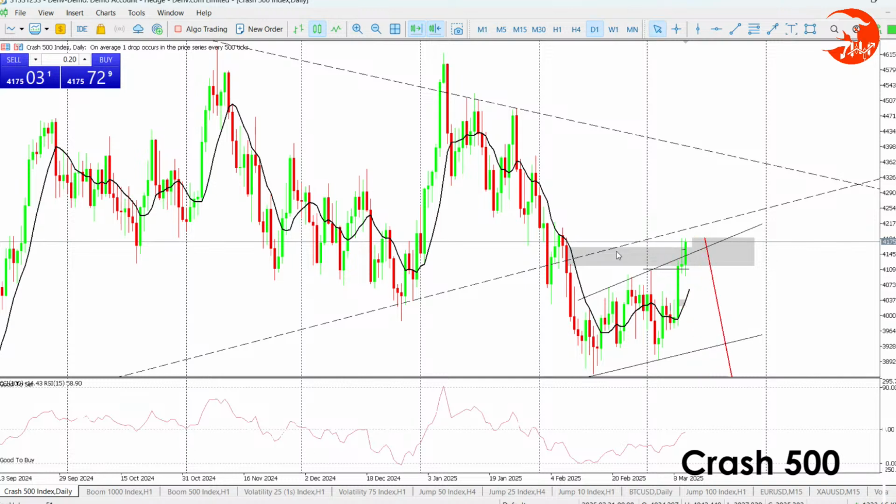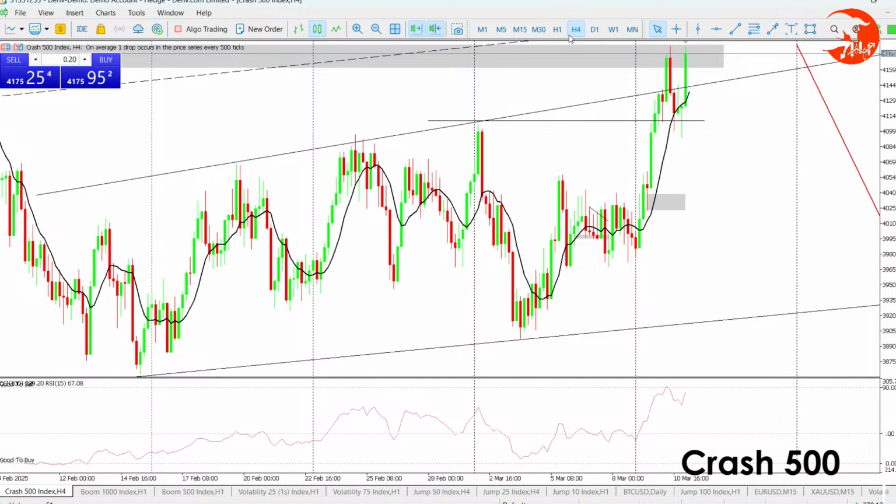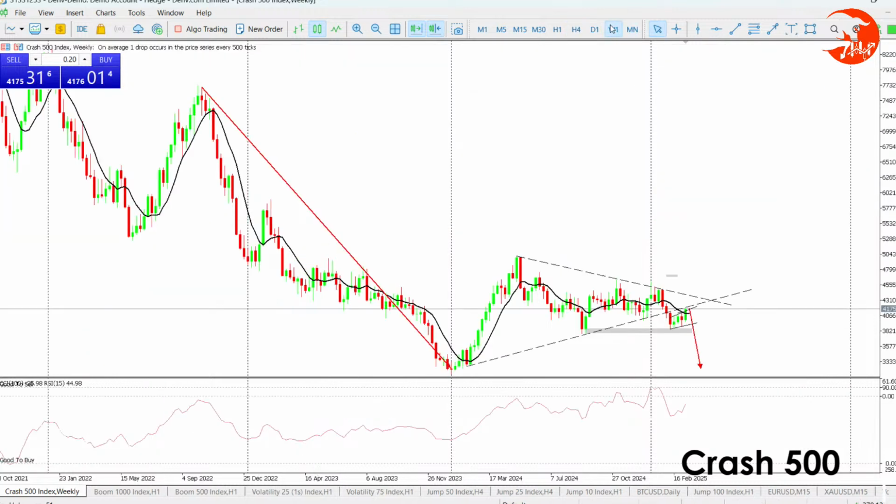We may start to see sales from that level, because we've been waiting for sales on that very level. That's where we've been waiting for sales from. So I can easily delete this now and keep that there, and then head back to H4 and look at what is happening on H4. Is that retest enough? Or does it want to get back into that